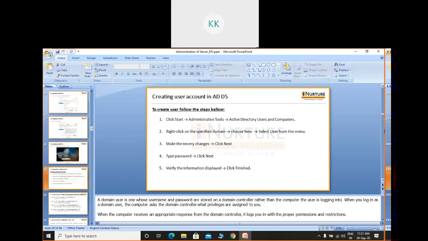But whenever you go for a domain, that means you are going to create the user in the Active Directory domain controller. Now whenever you are going to access using this user ID, first of all your PC has to be part of this domain. Now how to register a PC to this domain?